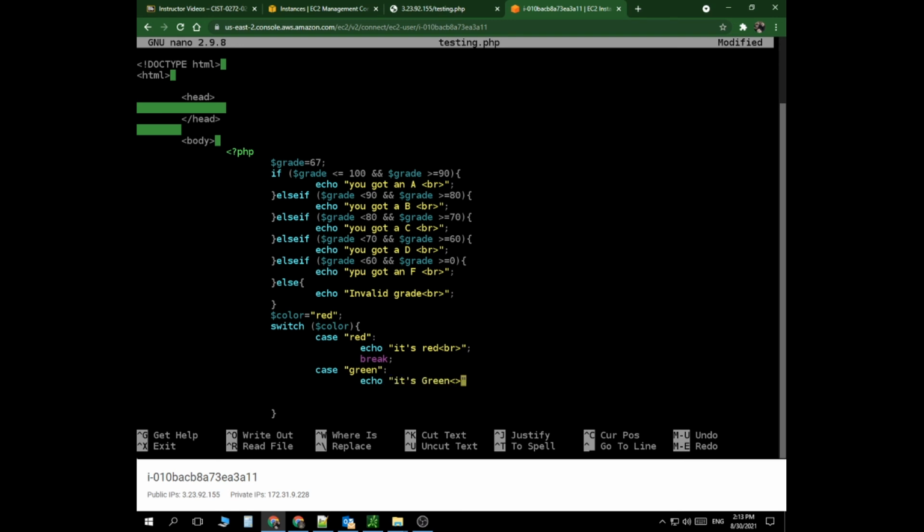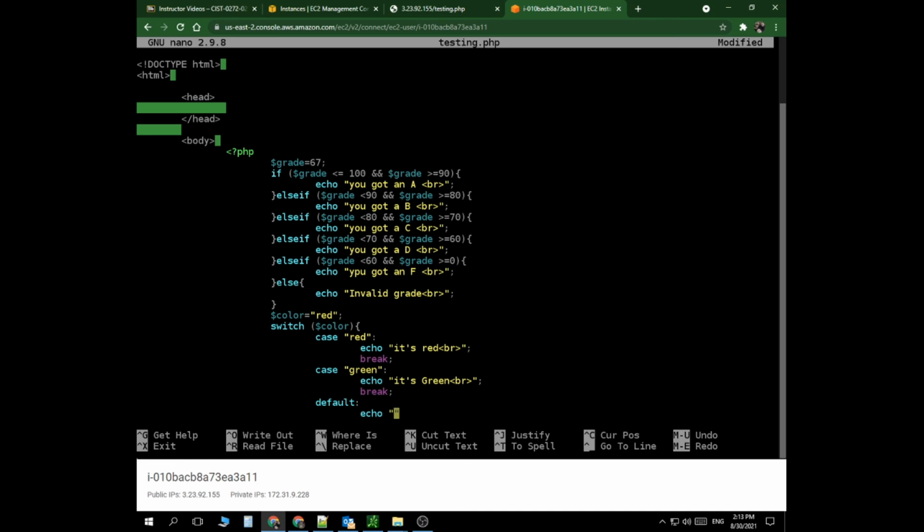Let's go break line as well, and then put semicolon. Let's imagine those are the t-shirts that I'm selling here. They're green and yellow. So break, and I'm done. Now, what we can do here, we can have what we call a default case. So default. And in this default case, we're just going to have to echo, we'll say,